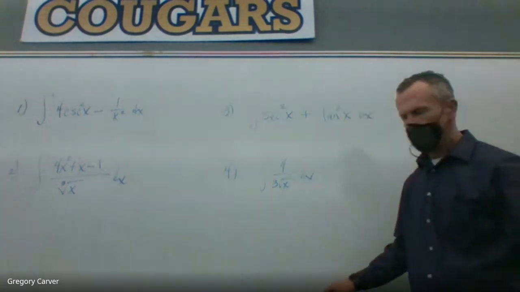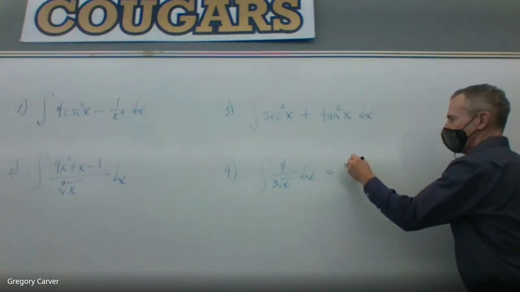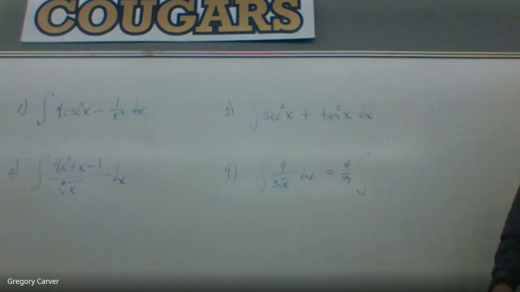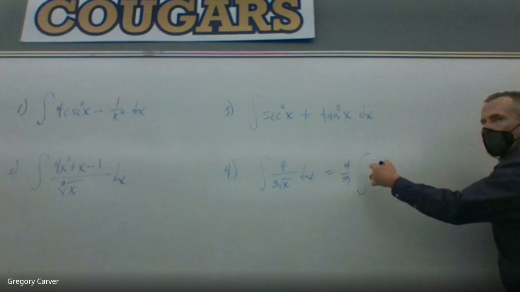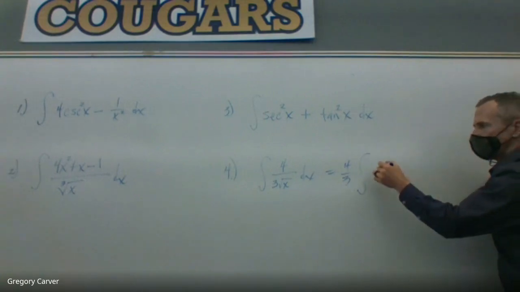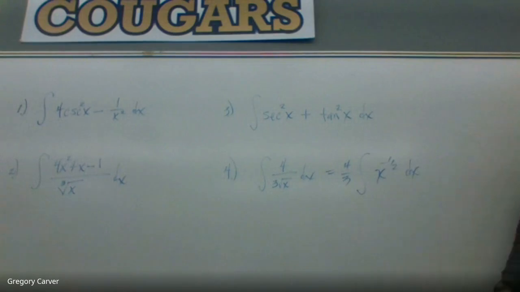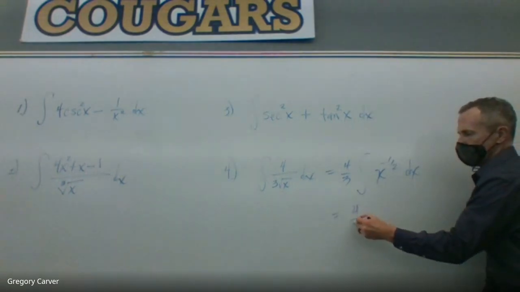Pull out the 4/3. Love it. Get rid of that constant, right? So that 4/3 comes through the integrand. Keep in mind, variables never can come through there, right? Just constant multiples. Good. Then what? Change it into x to the negative half dx. No questions, right? Bring it up to the top. Go ahead. Then you just antiderive it, so it's